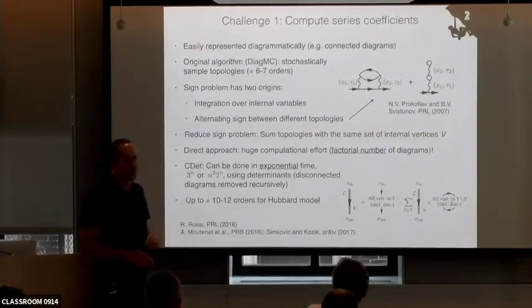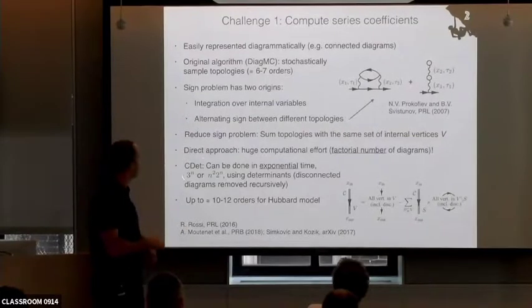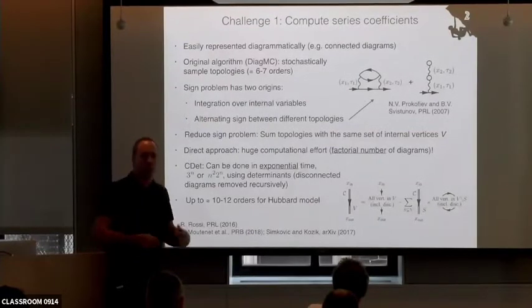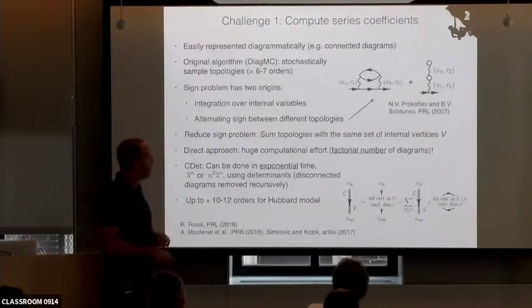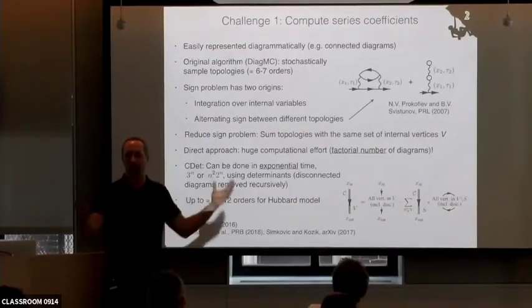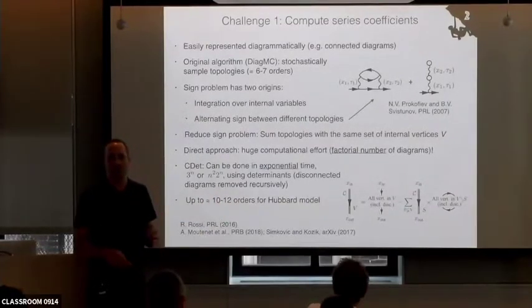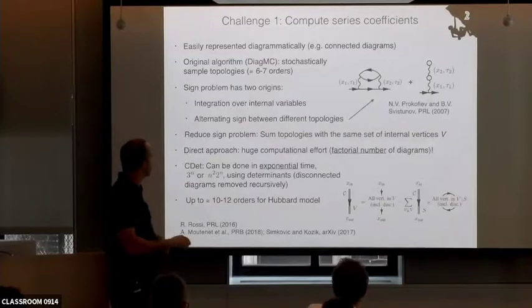There are different ways to do this, but they're pretty much the same for the typical orders we can compute. The idea is to do a recursion. You compute determinants. If you compute one determinant, you get a family of diagrams which is too large. You also get disconnected diagrams, and then you recursively take out those disconnected diagrams, and this recursion costs this typical